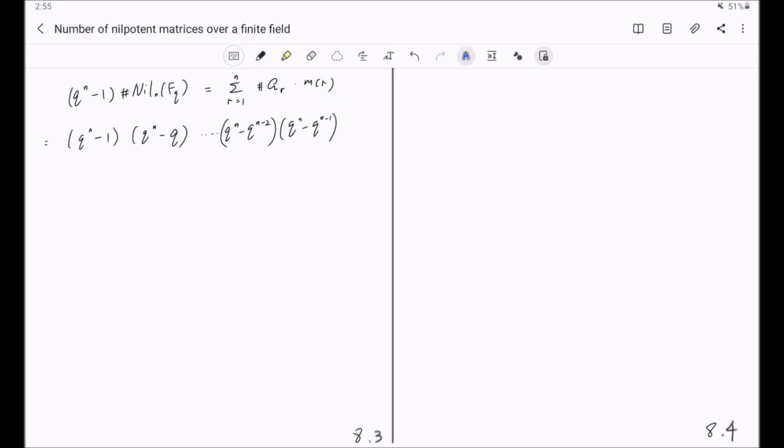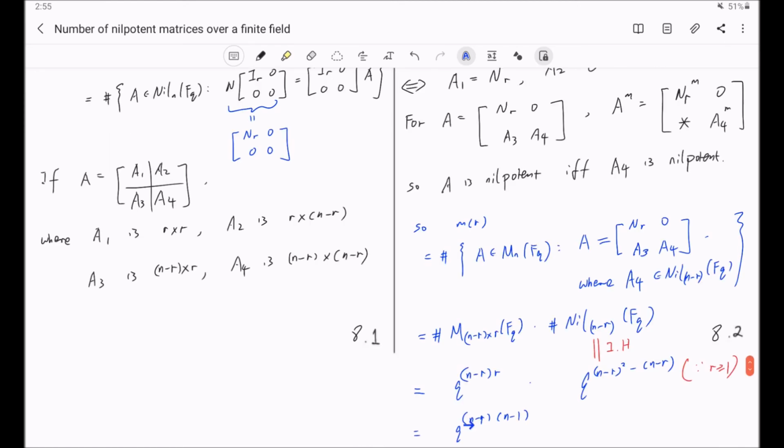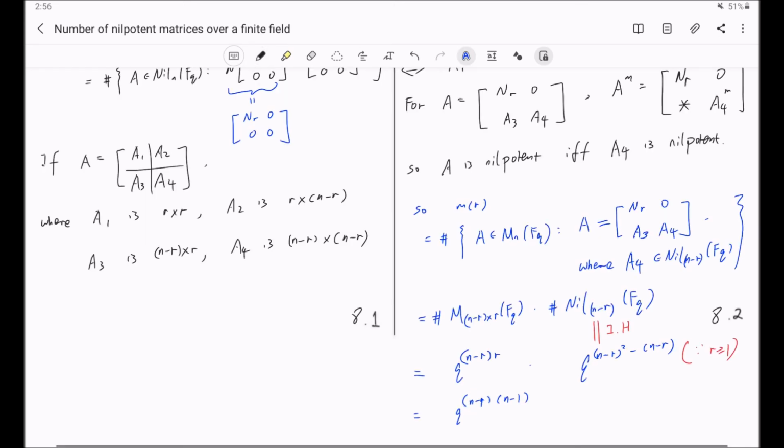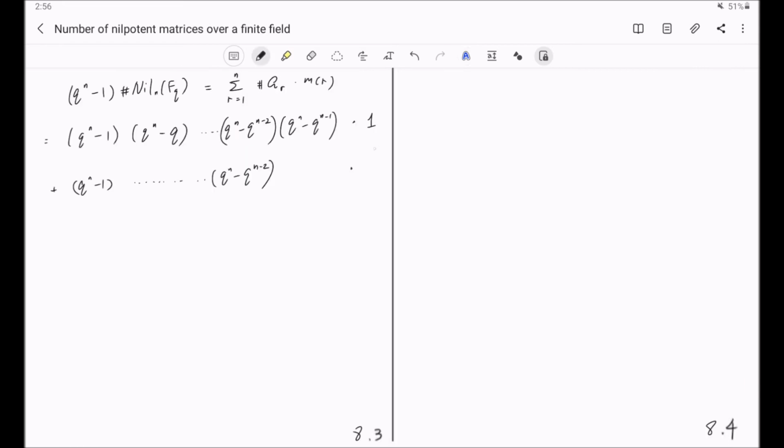When r is equal to n, this term will be simply 1. So times 1. So the next term will be times, now when r is equal to n minus 1, we get q raised to the power n minus 1. So this is q to the n minus 1. And the next term,